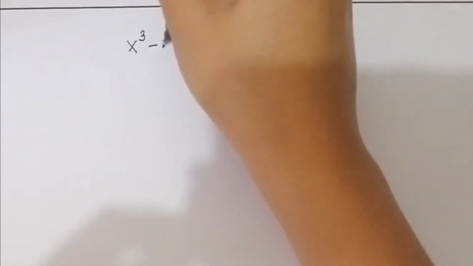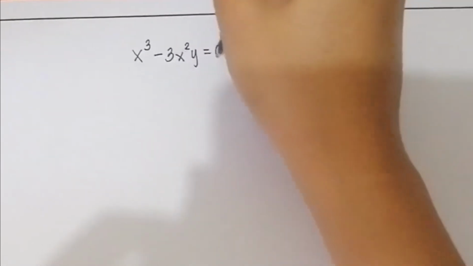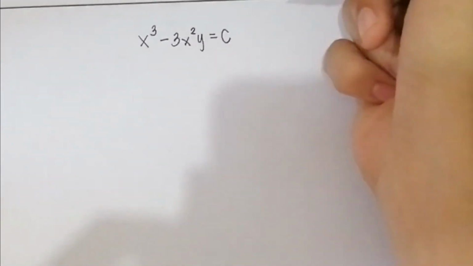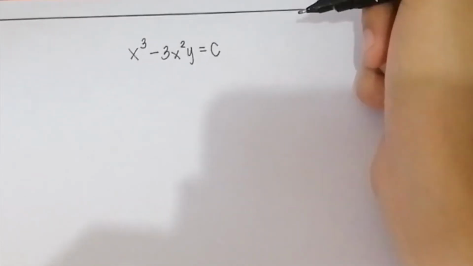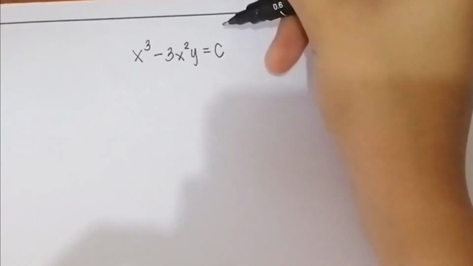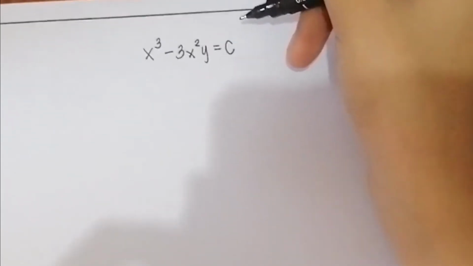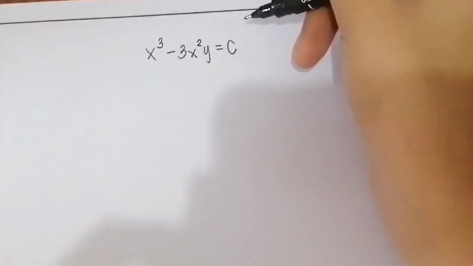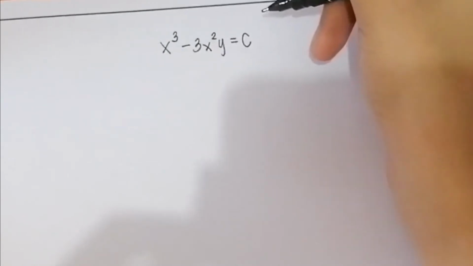So we have x cubed minus 3x squared y is equal to c. In this case, we have to determine how many constants are present in the equation. We only have one constant, which is denoted by the letter c. It means that if the arbitrary constant is only one, we need to differentiate the whole equation only once. And differentiating this, we have